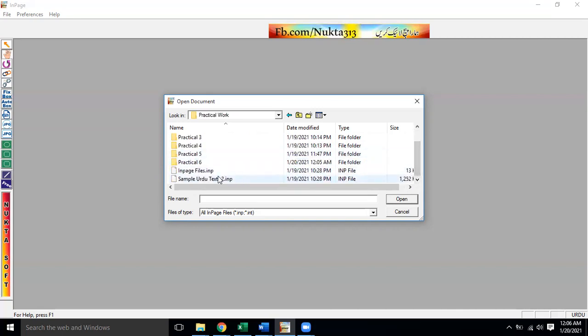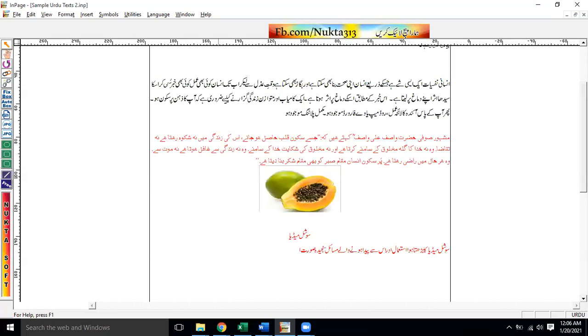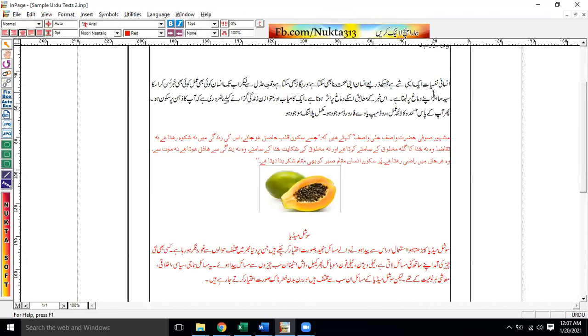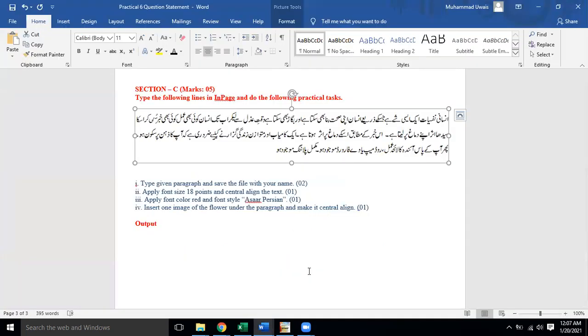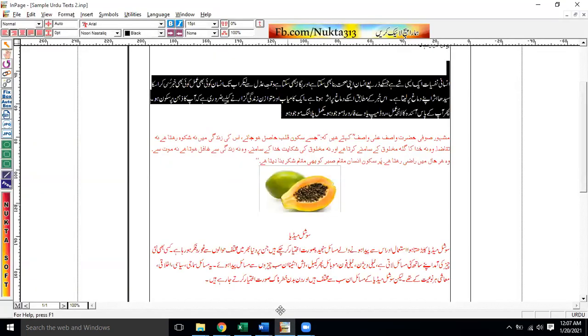Okay, so I think this is the file in which I have it. Yes, this is the passage.